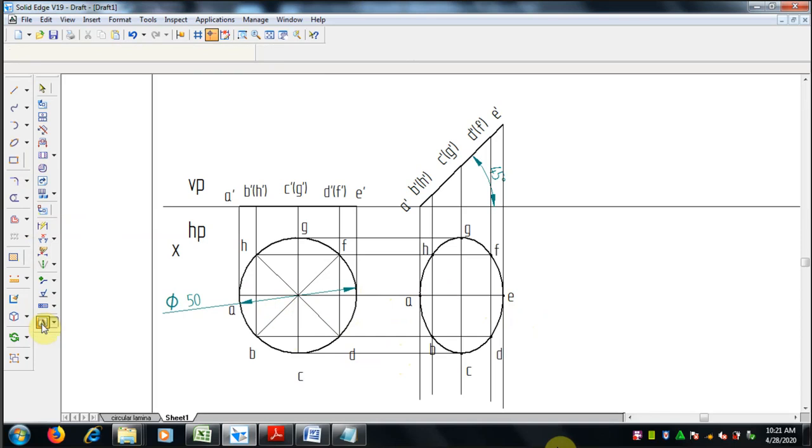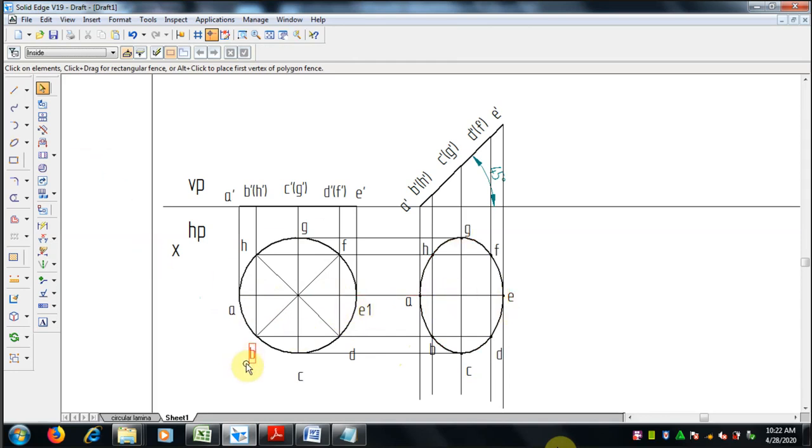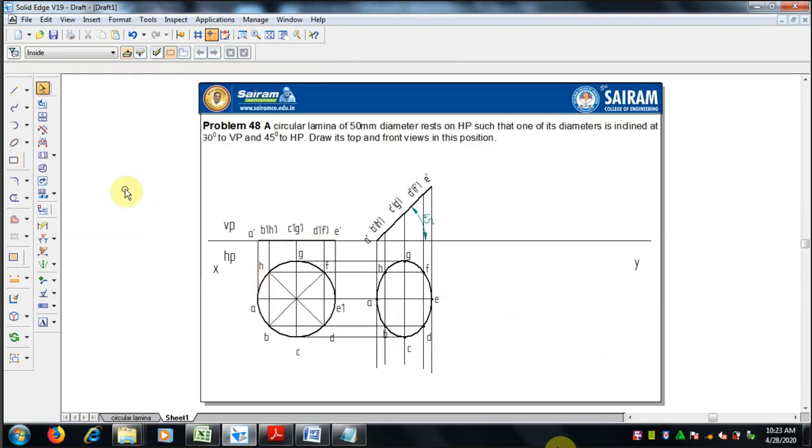Here we can say AE1. Why? Because it's a first initial position. What we kept is the circular lamina of 50 dia. That is the AE1 we can take, and after inclination the diameter is AE.